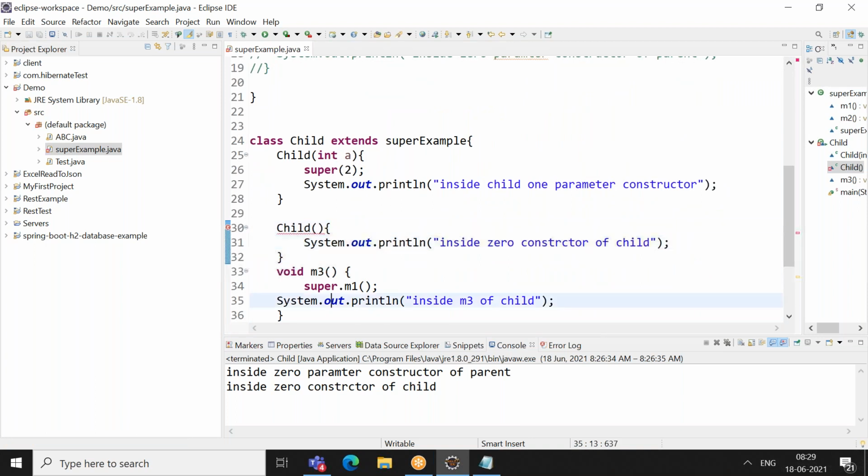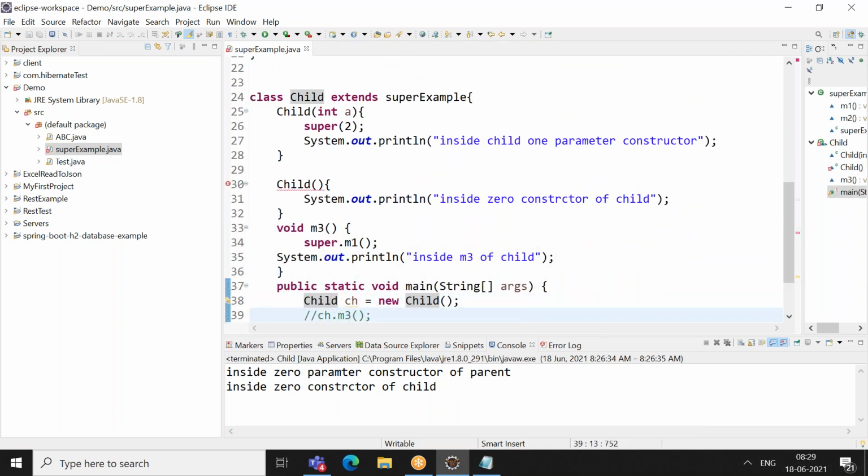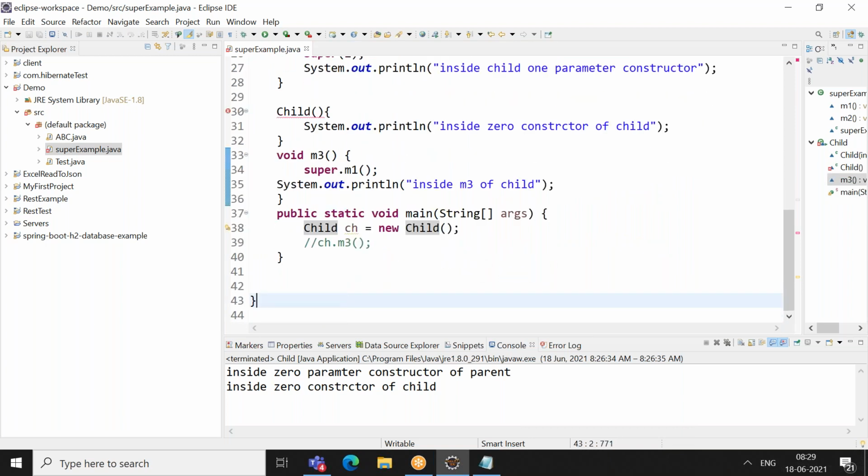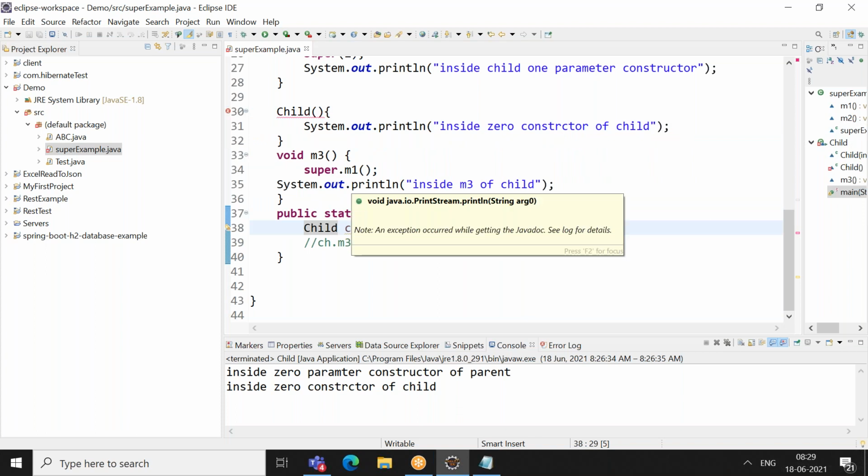Okay, are you clear with this concept? It can be a little confusing. So whenever you are doing a child creation, first of all, it tries to create a child object. But before creating a child object, it will try to create a parent class object, right?